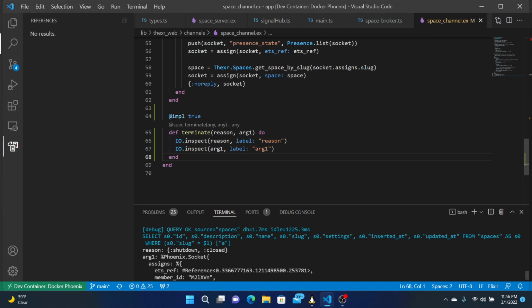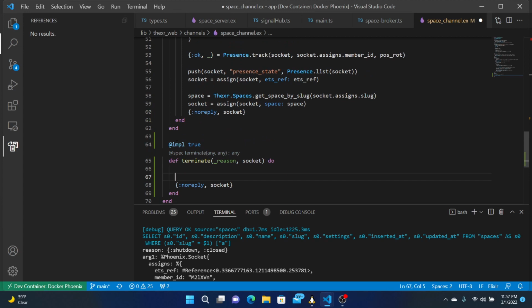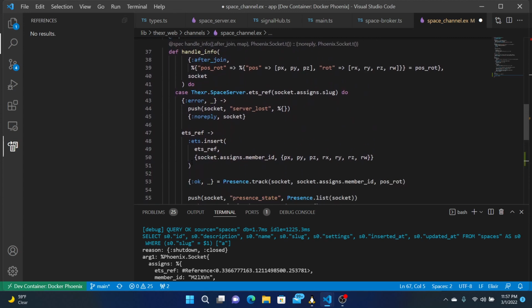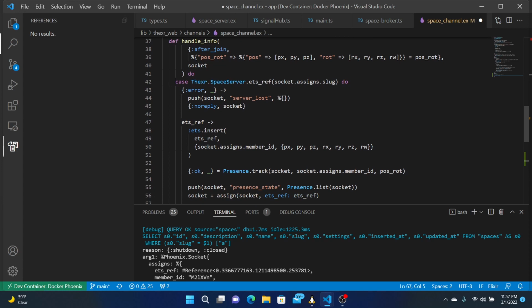Okay, we don't really care what the reason is. In this case, it was, oh, this is the socket. Arg1 is the socket. And the reason I think is shutdown, and we just want to delete this. And so, in case you have this,